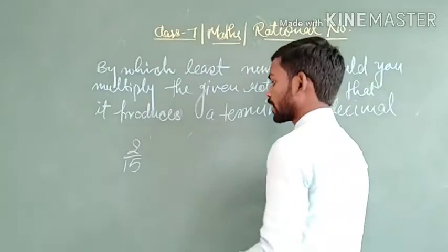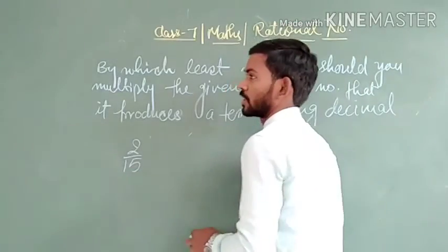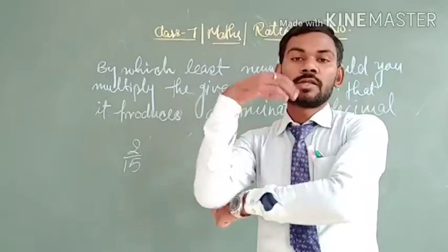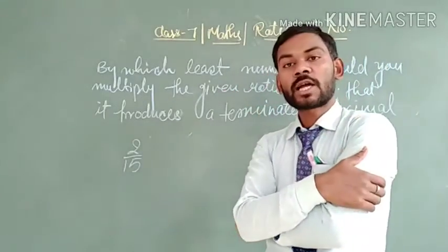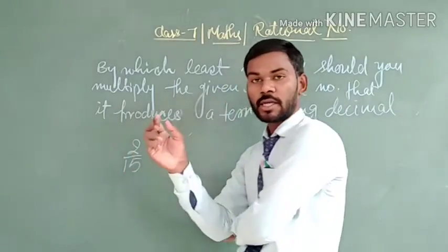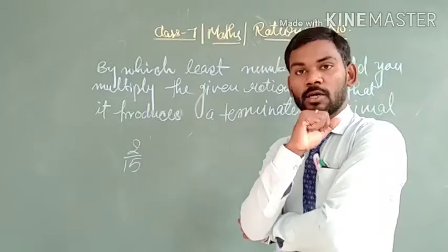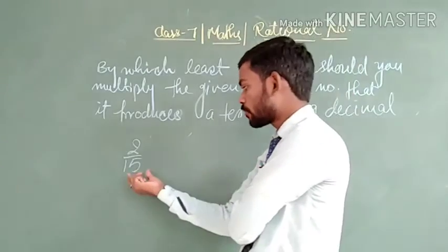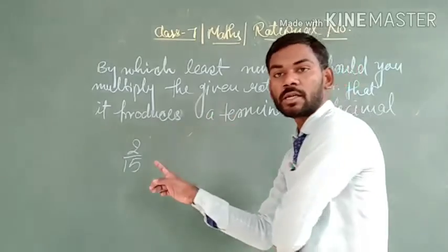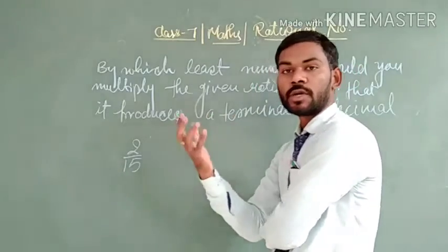So here we can see that the denominator is 15, and there is no number that after multiplication can make it 10 or a multiple of 10. So first of all we have to reduce this denominator in a manner that it can become 10 or